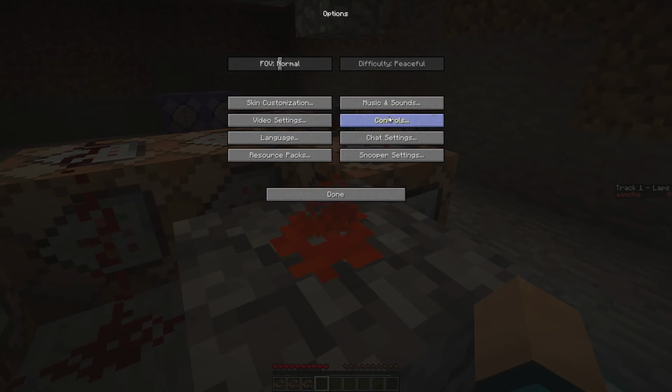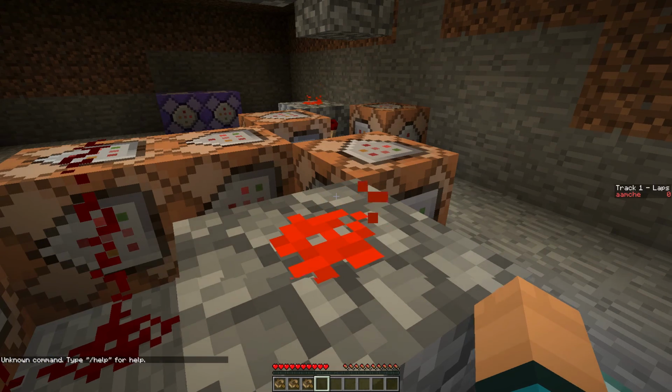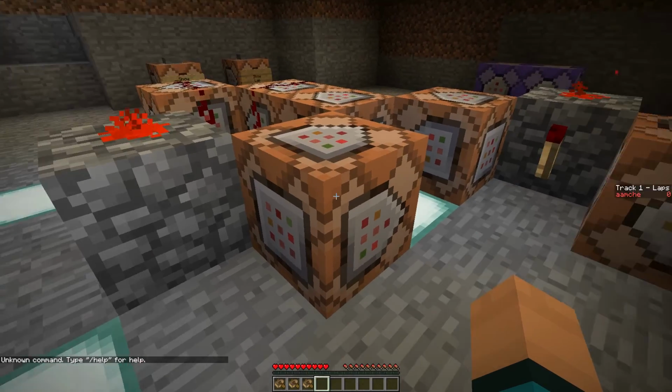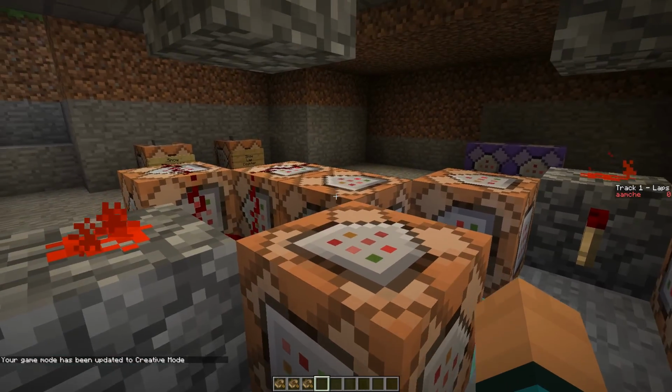I need to put my chat back on. Let's turn on chat, turn back on the commands only so you can see what's going on. Game mode C, boom. And so when you stand over this, it inverts down into here. I'm sure we went game mode C. There we go, perfect. And you'll see scoreboard teams join laps 1, so that's our lap counter that the player